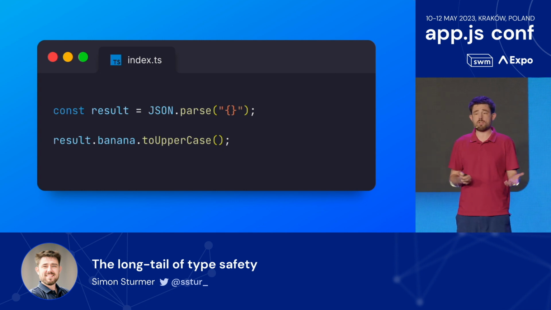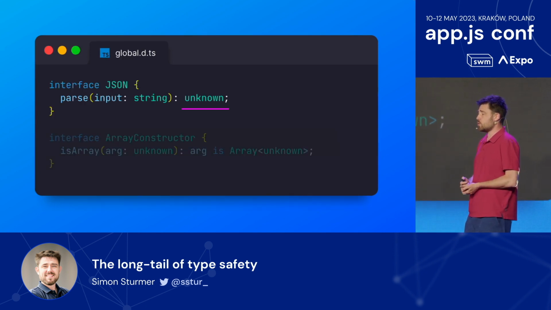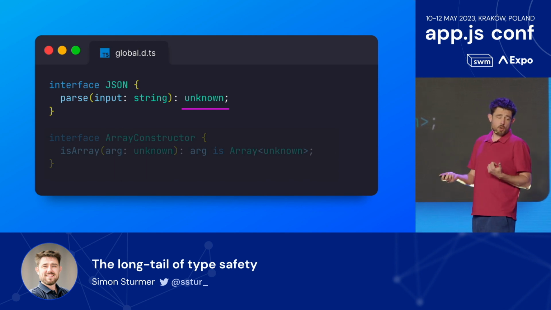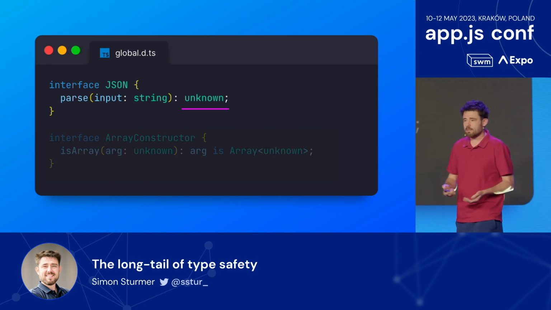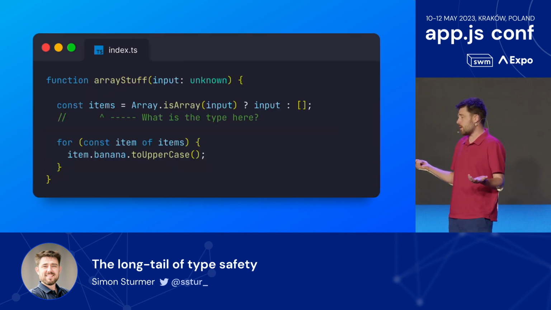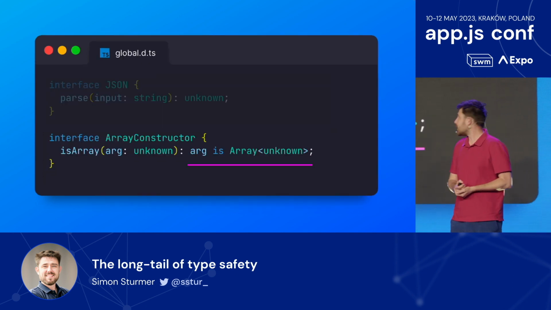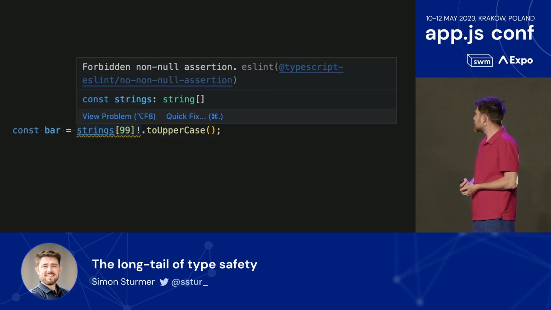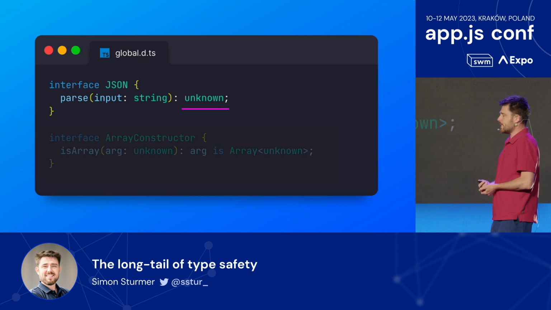JSON.parse, for historical reasons, probably should return unknown, but it returns any, and then TypeScript allows us to do things like this that we shouldn't do. So how do we fix it? We open our global.d.ts file, and we paste in some magic code that overrides the built-in type defs for this function. We say, okay, we don't want any, we want unknown returned. If we do that, I don't have the slide for it, but it'll show us an error. So that's a simple one.